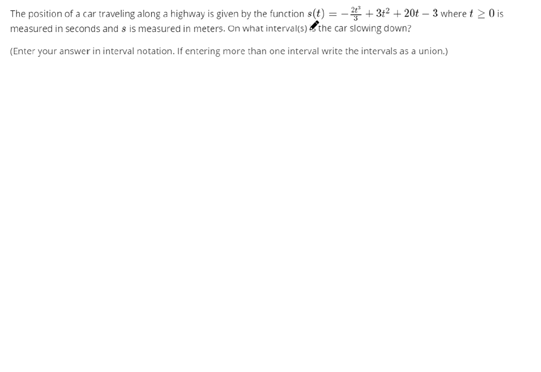This problem gives us a function that tells us position. They want to know when the car is slowing down. So this can be tricky, but the big idea is you're slowing down if your velocity and your acceleration have different signs. Okay, so what we need to do is find the velocity function, which is just